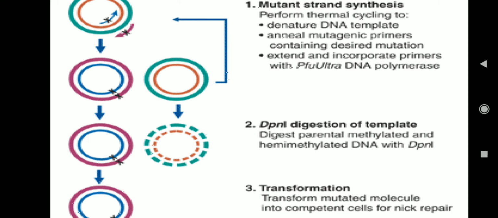To carry out the PCR procedure, what do you have to do here? You have to add a DNA polymerase into the PCR. What type of DNA polymerase are we going to use here? Here you have to use PFU DNA polymerase and not Taq polymerase. If you remember, in PCR we always use Taq polymerase because it can withstand the higher melting temperature in the PCR condition. PFU DNA polymerase can also withstand the temperature.